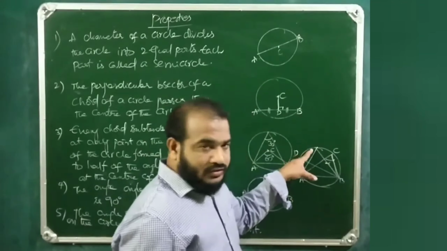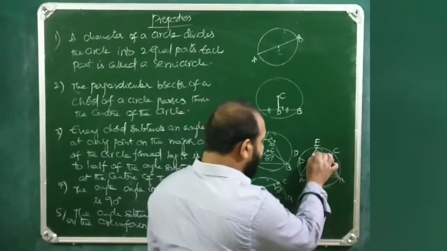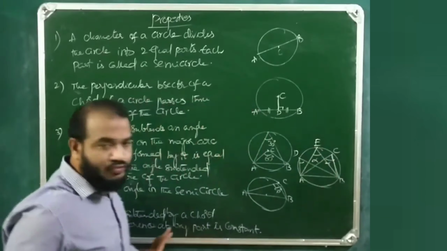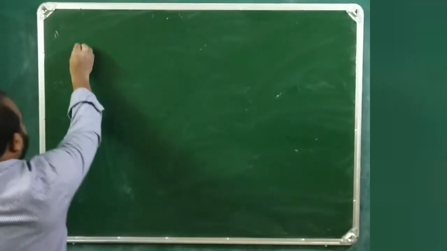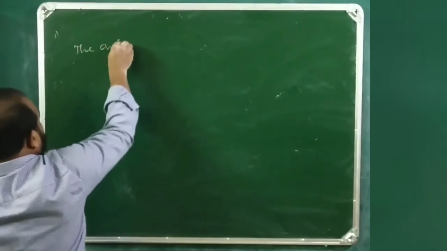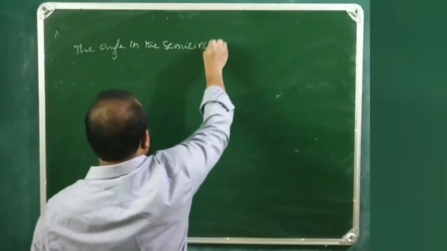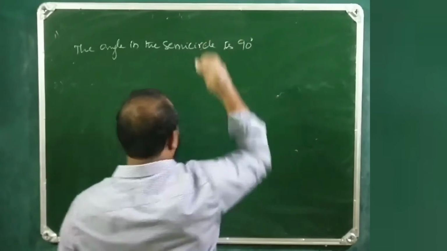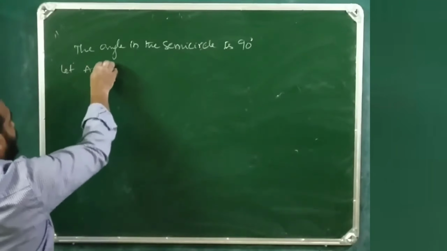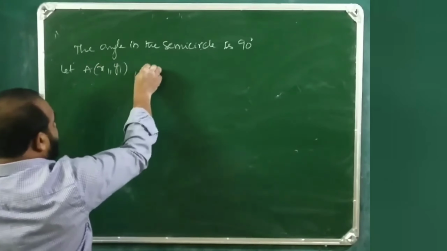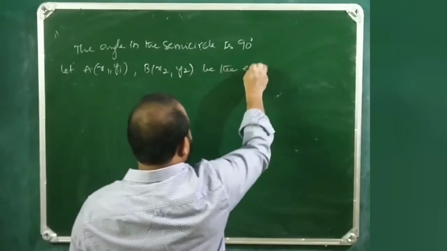So at this point also, for example, E. So at this point also, it makes the similar angle. So that's what this property says. Just we have discussed that the angle in the semicircle is 90 degrees. So let A(x1, y1), B(x2, y2) be the ends of the